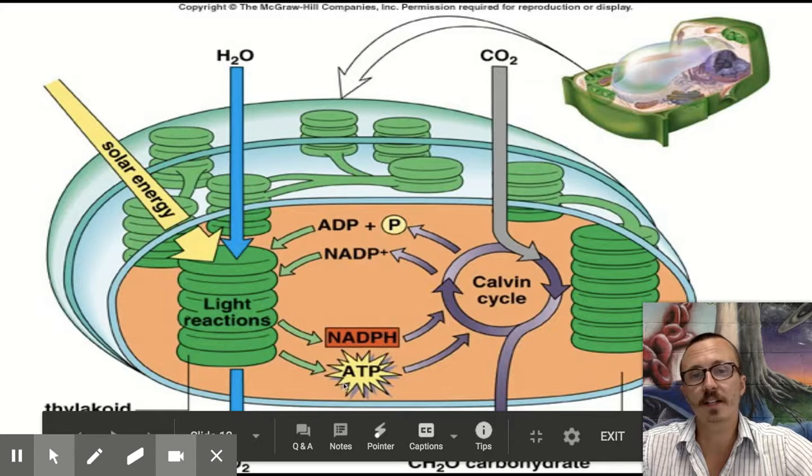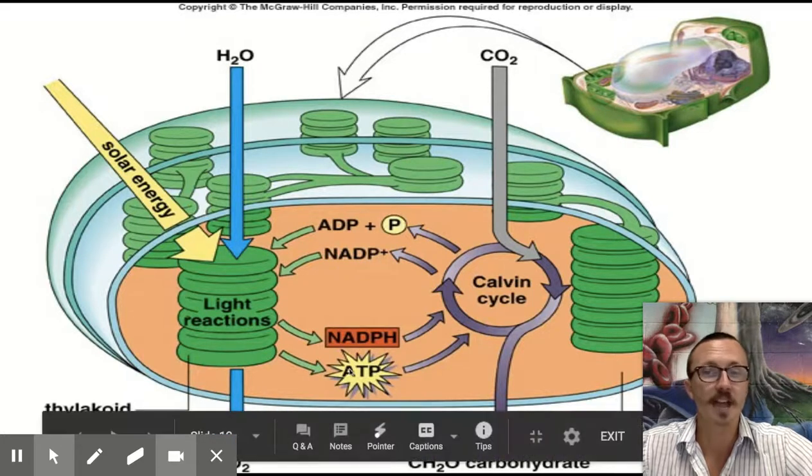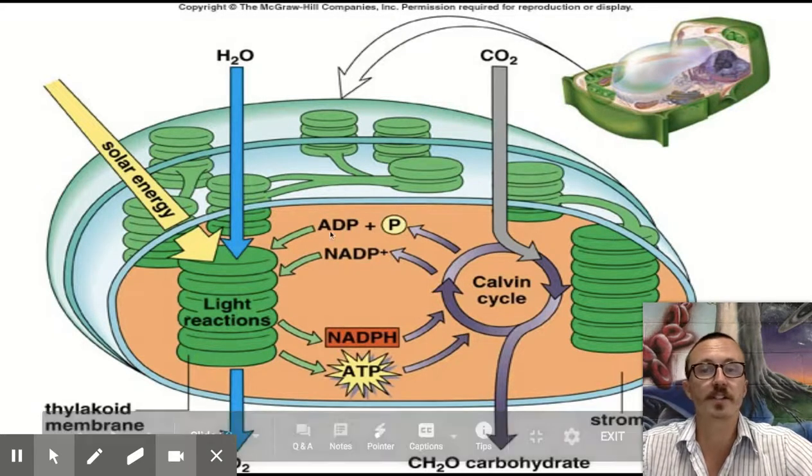And you can see why it's a cycle, right? Because as the NADPH drops off some electrons, it returns as a positively charged compound to the light-dependent reactions. ATP drops off some energy by breaking some of those phosphate bonds, and returns to the light-dependent reactions as